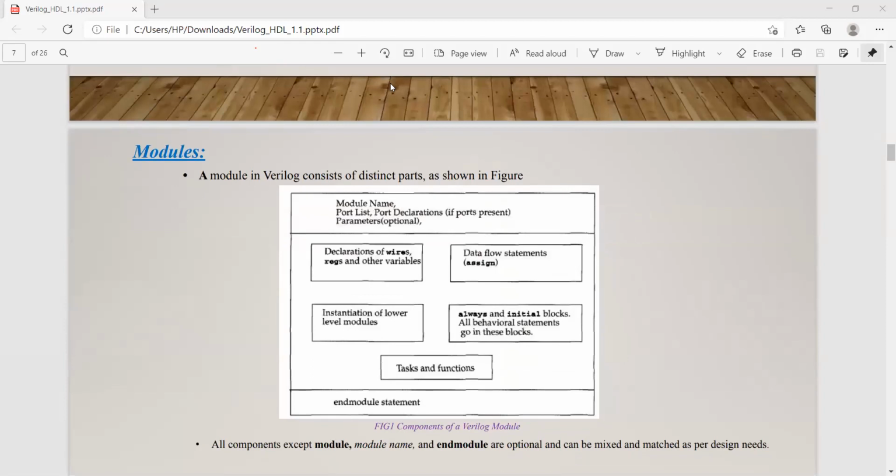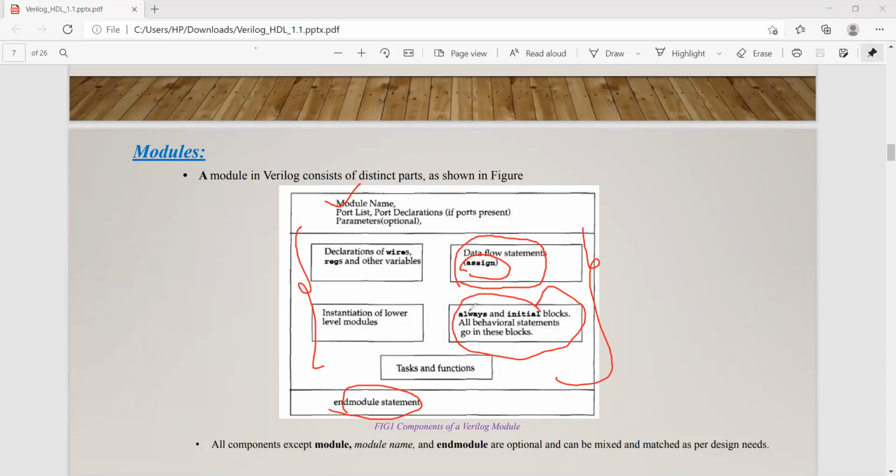So this is the entire structure of the module and endmodule. Here you need to write the module name, and next we need to declare the port list, and next end with endmodule. Whatever design statements you want, we can write. Data flow model will be designed with the help of assign statements. Always and initial blocks will be utilized in the behavioral model, to explain the behavior in the form of an algorithmic model.